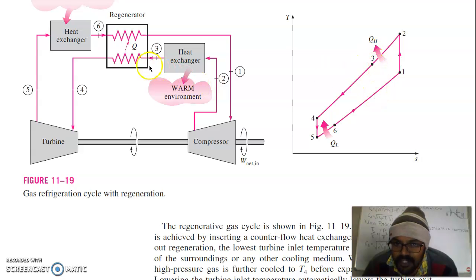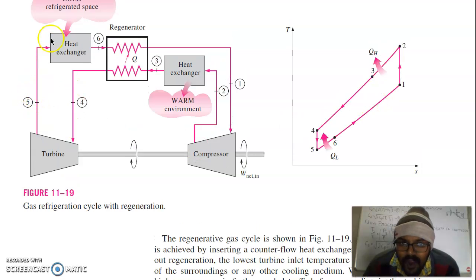So to achieve a lower temperature, we transfer heat from 3 to 4 in the regenerator to the exhaust gas of the turbine. After 3 to 4 the temperature decreases further, and 4 is the turbine inlet. Now the gases in the turbine expand isentropically to a further lower temperature, which is 5. We achieve this lowest temperature 5 in the cycle due to regeneration. Otherwise we would end up higher during the expansion.